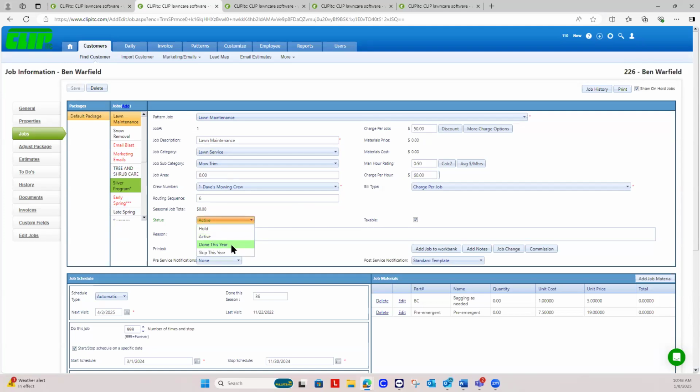I mean, it might be you want to show that the spring cleanup or a one-time type service has been done, and you can change it to done this year instead of just putting it on hold. But again, that's something that you as a user need to do manually. You would need to go into the customer, go into the service, come here and manually change this. But if you do that, and again, I've yet to really meet someone who does,